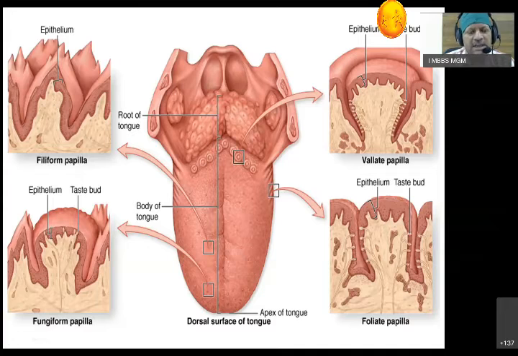That is what you have to remember. They are numerous, conical in shape, usually directed upwards and backward. Why upwards and backward? Because in carnivorous animals, whenever the prey has been caught, it should not easily slip out. So that's why upward and backward conical projections. In between these, we see certain elevations which show a broad apical surface and narrow lower surface, like a mushroom, and that's why it is called fungiform papilla. Most of the dorsal surface of the tongue, more concentrated near the tip, has fungiform papillae.